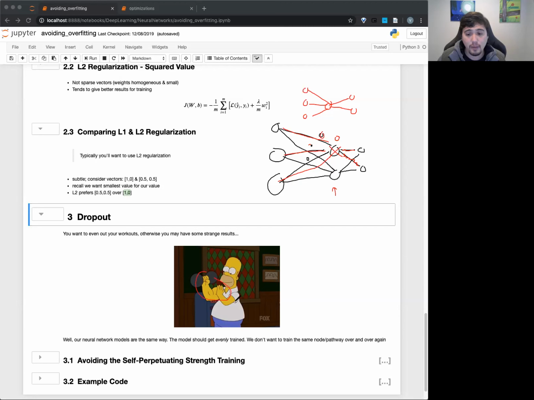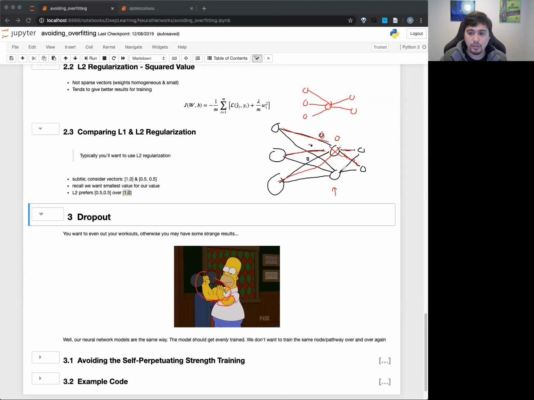So what we can do, just like in the scenario where you exercise one arm over the other, is switch up arms, right? In neural networks, we can do the same thing. Instead of saying, okay, train with all the neurons every single time, we can say, all right, let's sometimes not use that neuron. And that way it gets full practice. So you get practice from left and right, or in this case, all the different neurons.